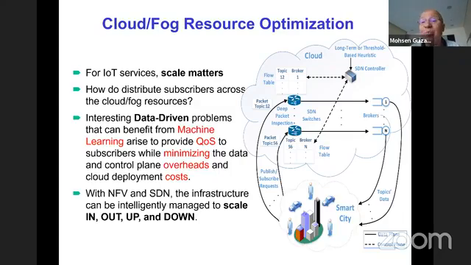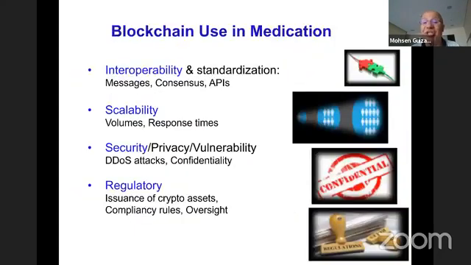We can use blockchain in medication, where we can find the origin, whether the medication is original or fake. Blockchain is used to find the originality of a certain thing. So in terms of interoperability, scalability, security, and regulatory, there are multiple applications in intelligent microsystems, as shown in this slide,